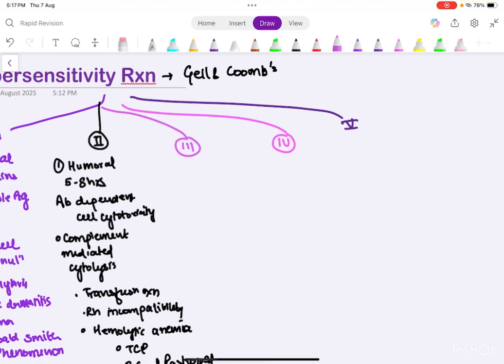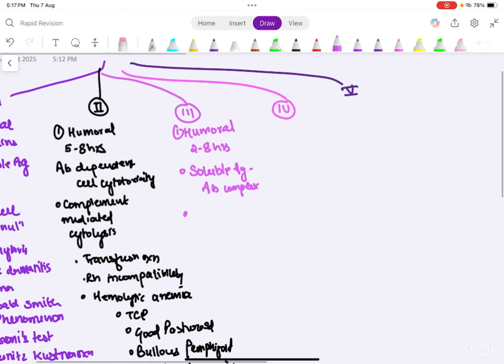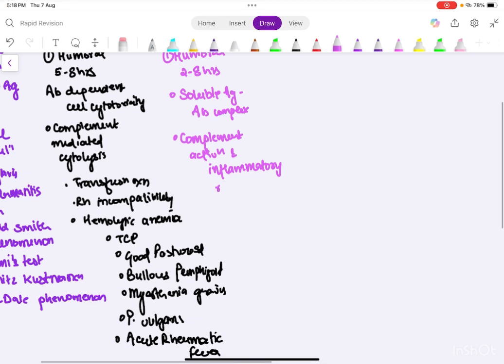Now let's talk about the third type. In the third type, it's also humoral. It takes time similar to type 2, which is 2 to 8 hours. Now in this you have soluble antigen-antibody complex. So in this basically we have complement activation and inflammatory response. So examples, the characteristic example is serum sickness,